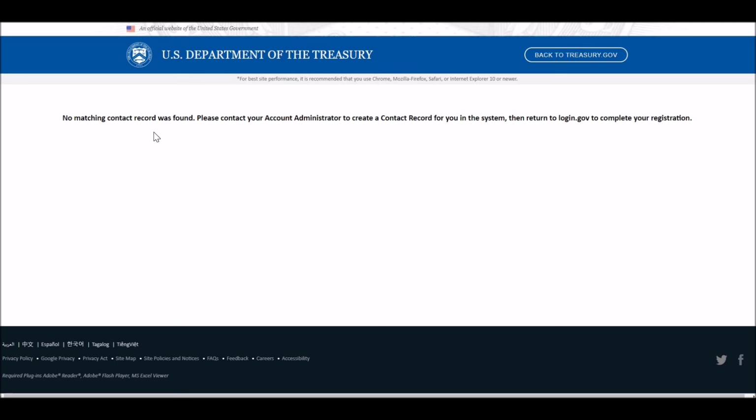This is important because if you are an NEU who you are the account administrator, or you believe you're the only one from your jurisdiction that should have access to the Treasury portal, please reach out to us at our email inbox, slfrp@treasury.gov, and we'll have someone assist you as soon as possible. But this, again, error message appears if your email information and point of contact information has not already been previously shared with the Treasury team through your state or territory.